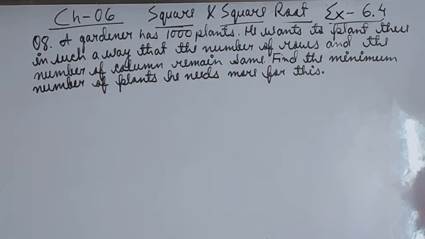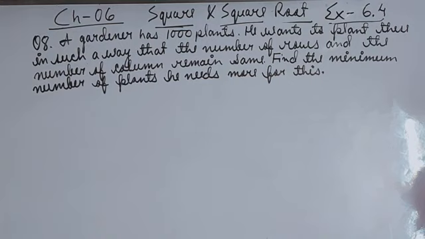There is a gardener, he has 1000 plants, and he wants these plants to be planted in such a way that the number of rows will be the same as the number of columns. That means the number of rows and the number of plants in each row should be what? Same. So we have